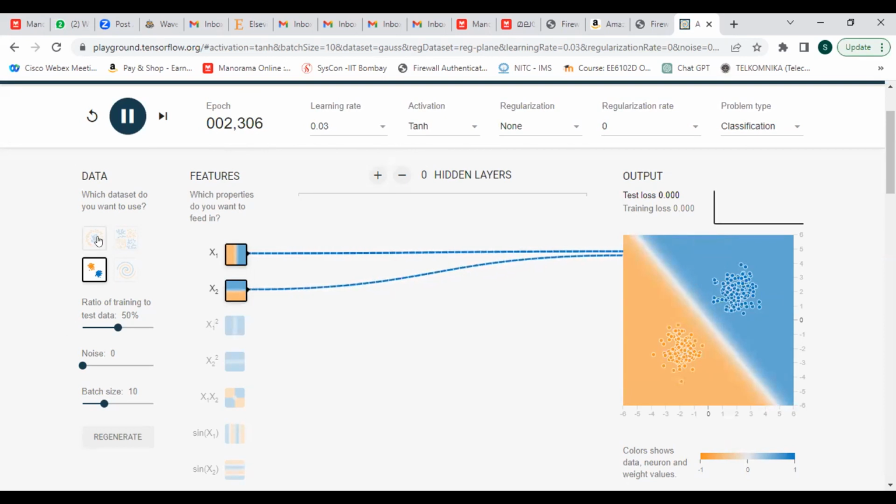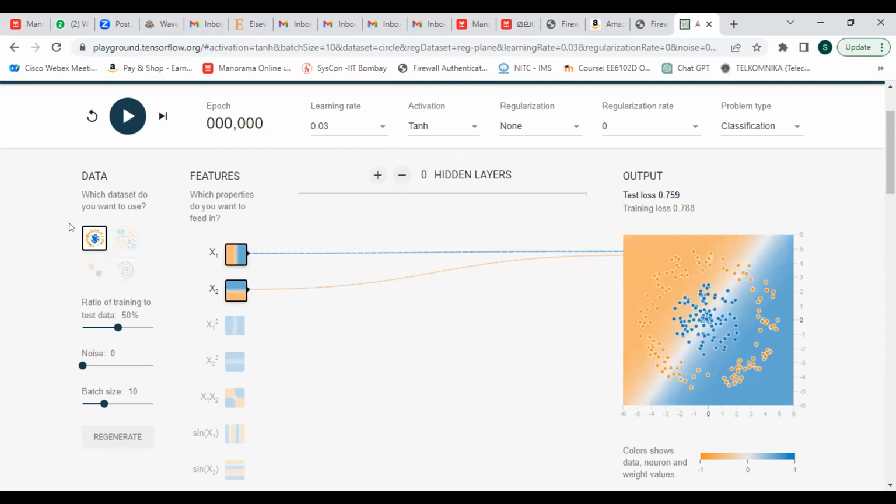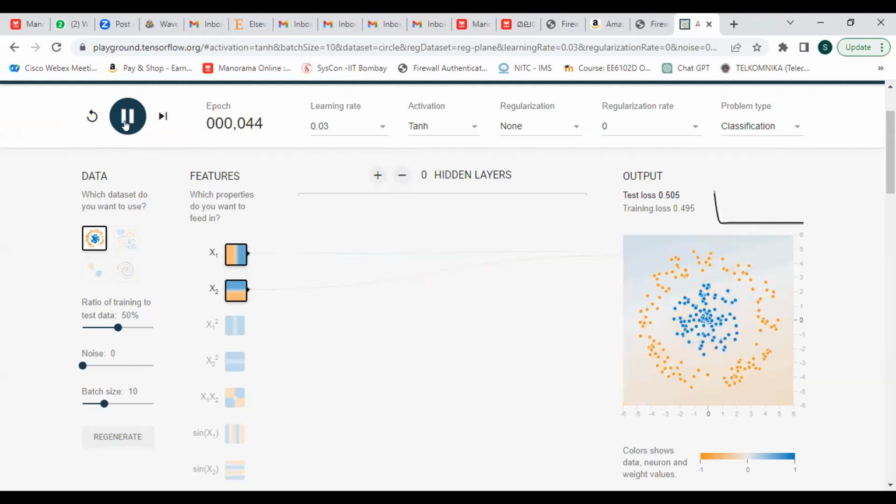Now we can take the next data set. What is this data set? The positive classes and negative classes are in a different shape, in such a way that the decision boundary becomes like a circle. So I can just run my code. I have added no hidden layer. You can see there is no hidden layer here. I just try to run to see whether I can approximate this kind of data with the help of a neural network without a hidden layer.